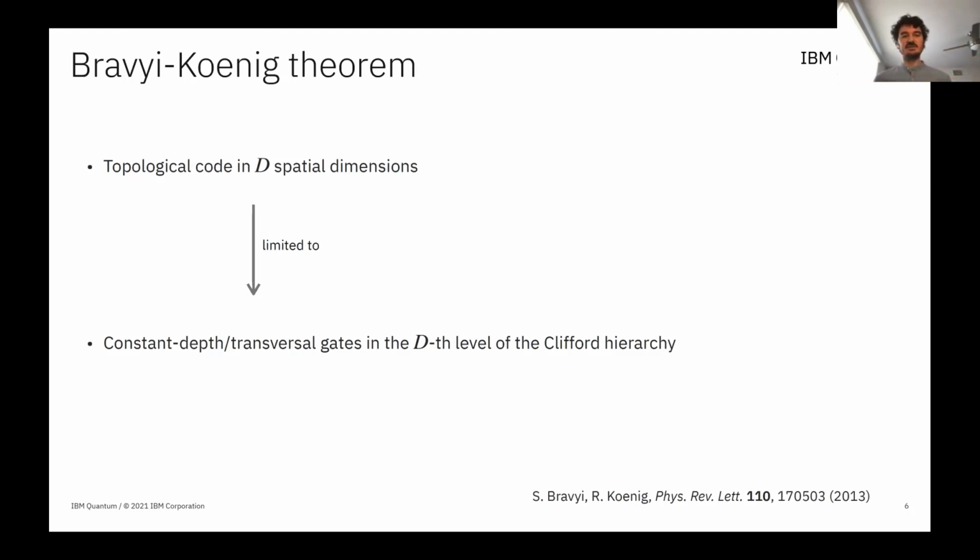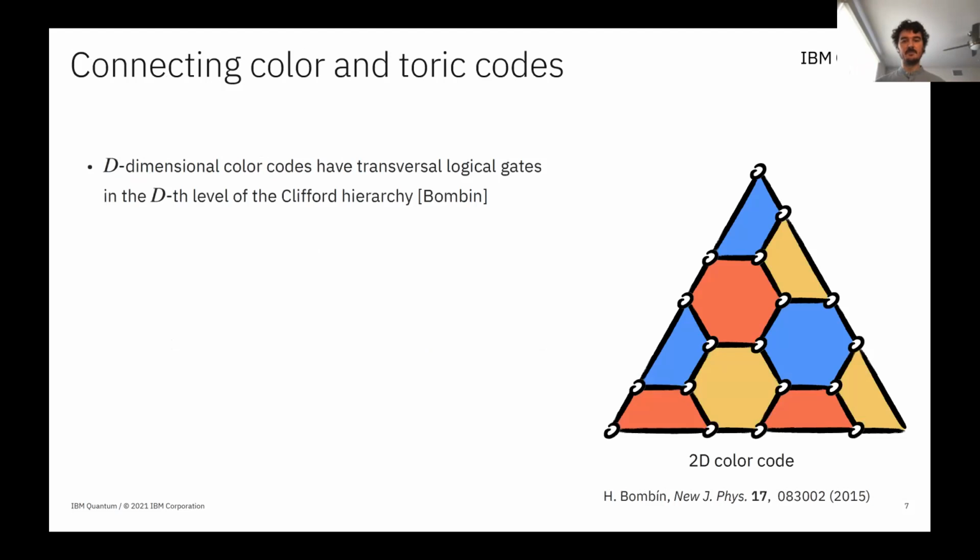And this is known as the Bravyi-König theorem. What it says is that if you have a topological quantum error correcting code that's embedded in D spatial dimensions, then if you limit yourself to constant depth or transversal gates, they're going to be limited to the Dth level of the Clifford hierarchy. Okay. So some examples: